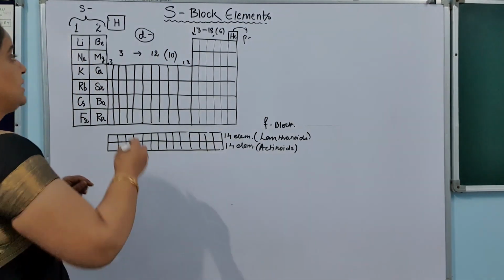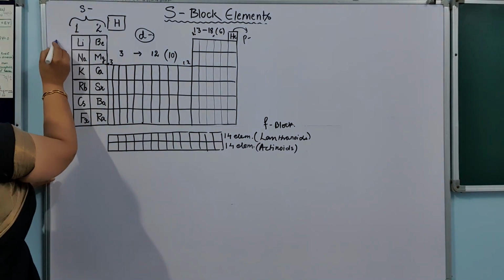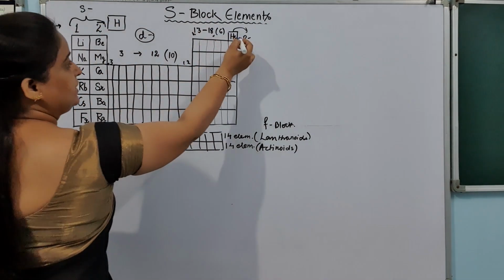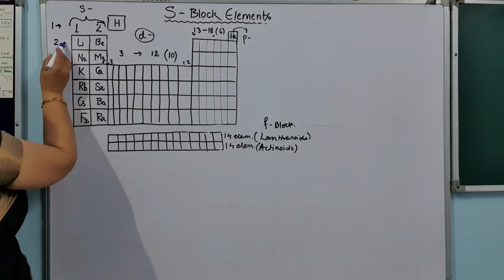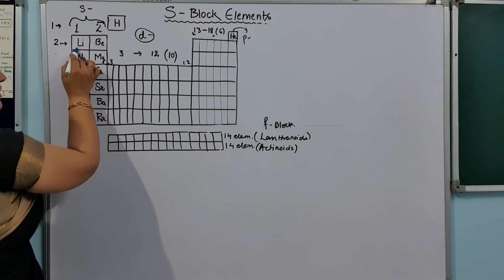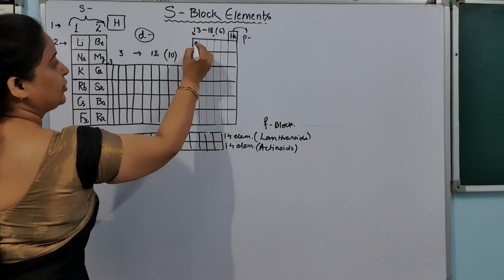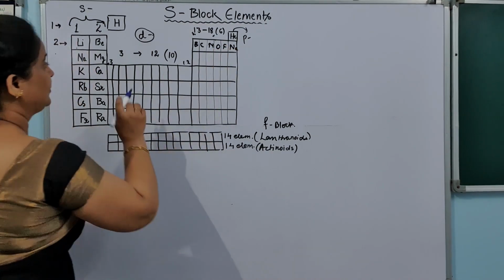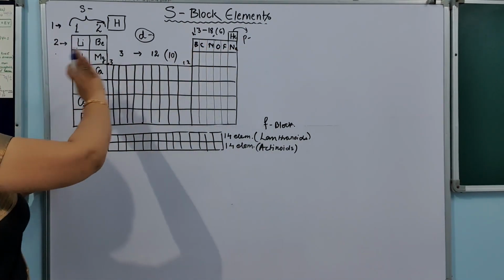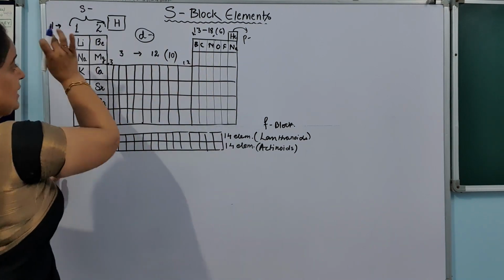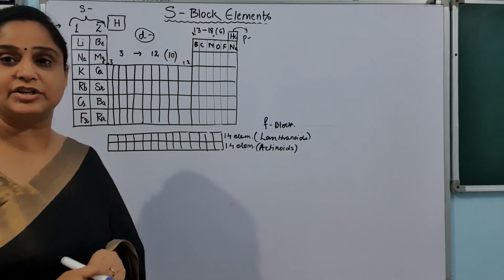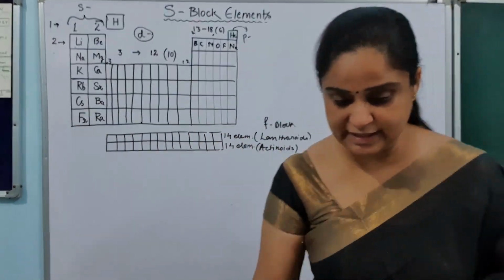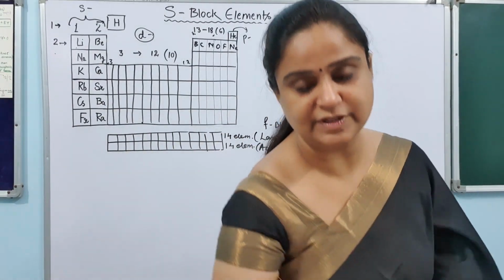And we know that we are starting these elements from the second period. The first period has only hydrogen and helium. From the second period, our elements start like lithium, beryllium, boron, carbon, nitrogen, oxygen, fluorine and neon. So this way our elements are distributed in the various groups in a single period. This is the structure of our table. I am writing down these elements separately here, and then I will go for the electronic configuration of these elements.